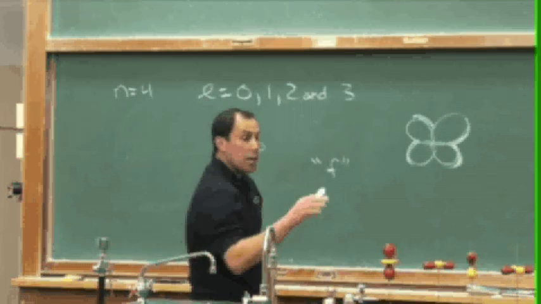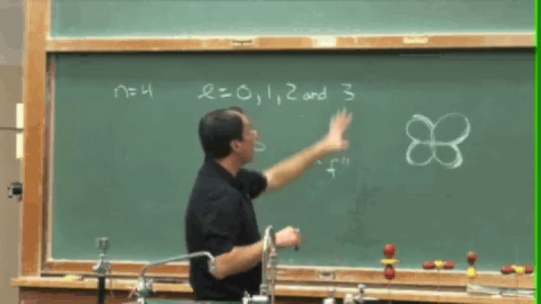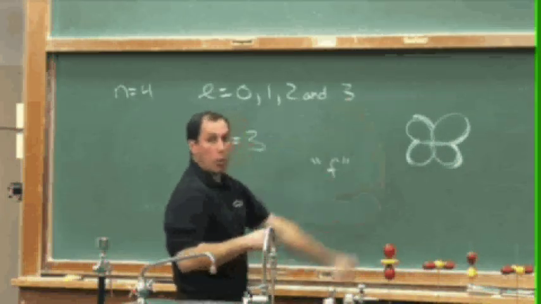So, from the quantum numbers, we know the distance away from the center, and we know their shapes. There are 2 other quantum